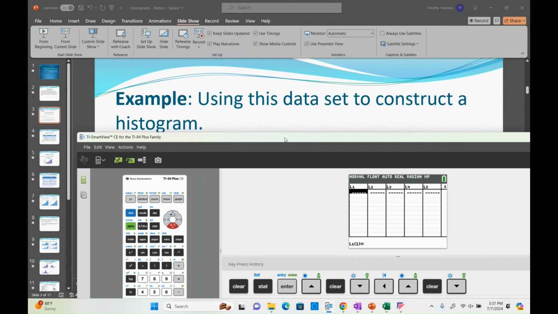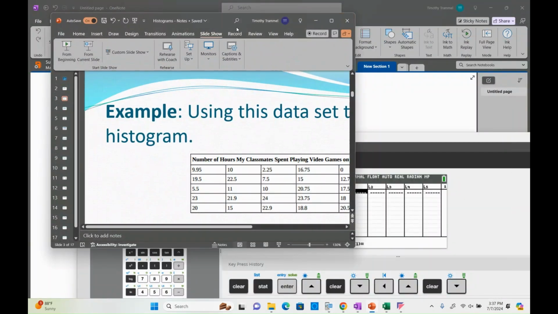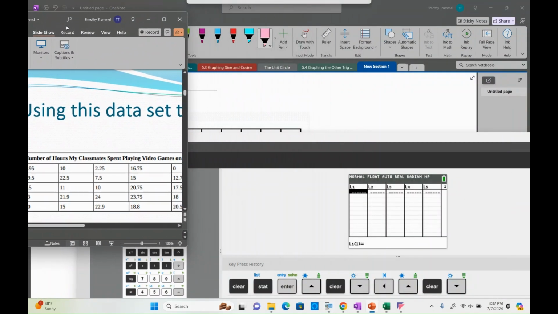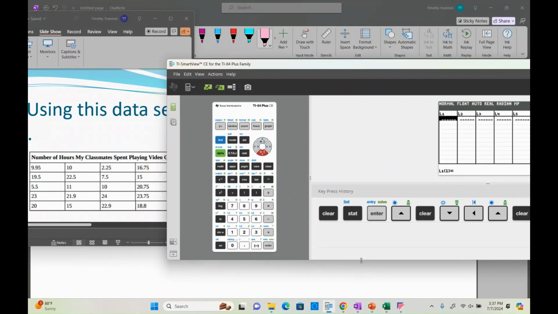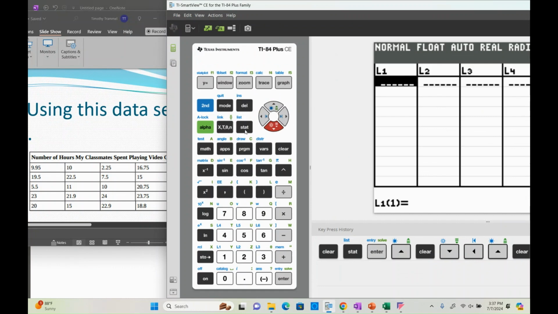I'm going to try to split my screen here a little bit so that I can see the data as we're typing this in. Let's see. Here we go. Okay. So we have 9.95, enter, 10, enter,